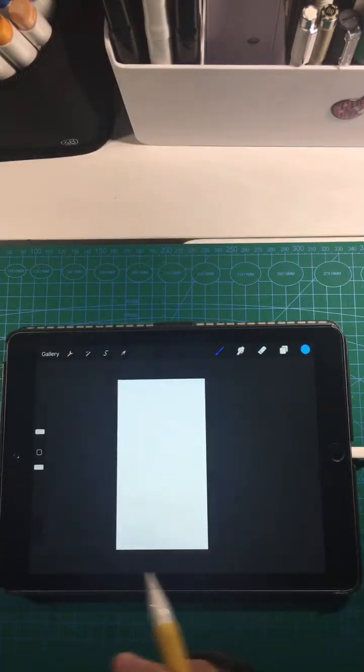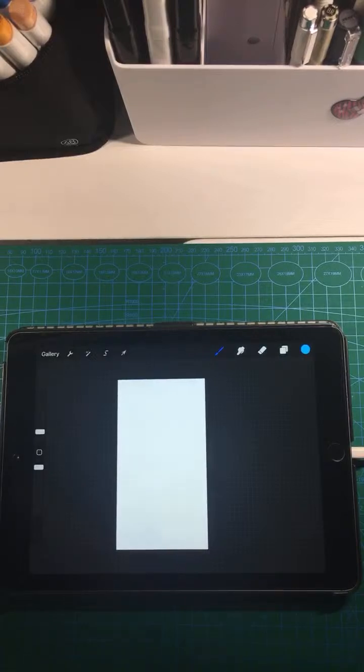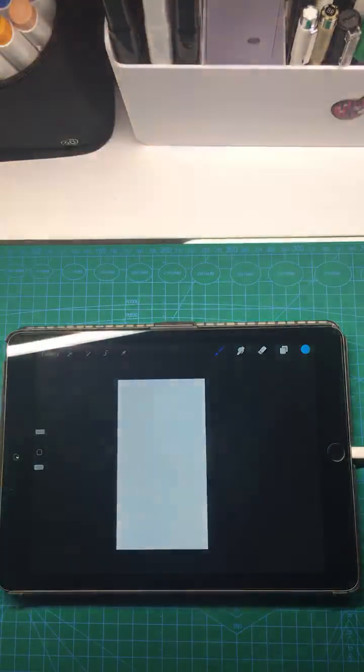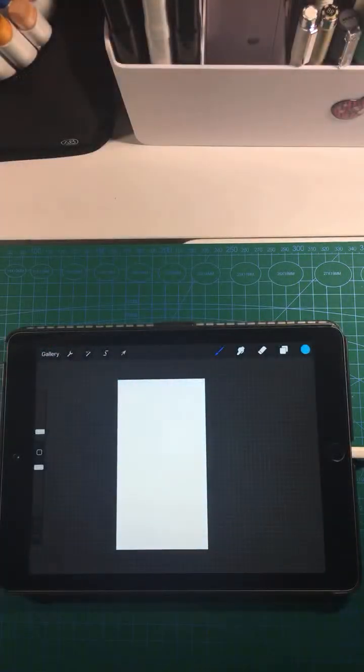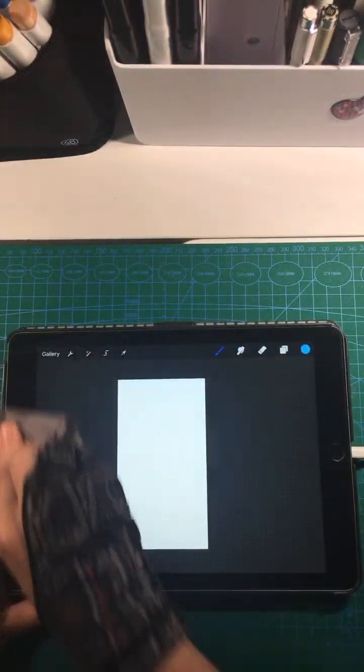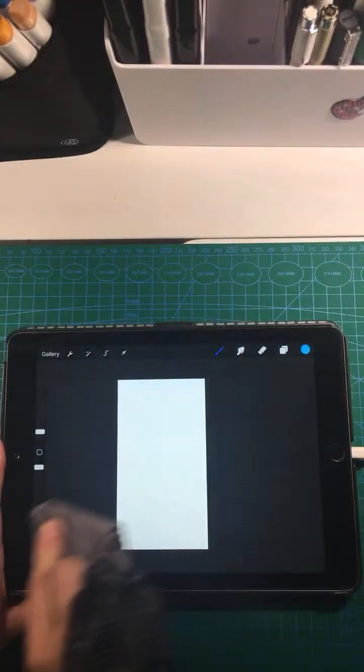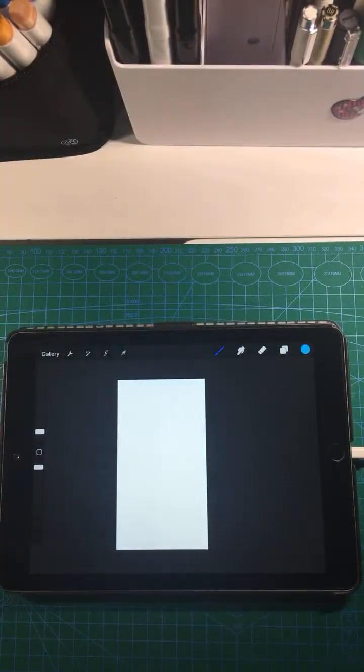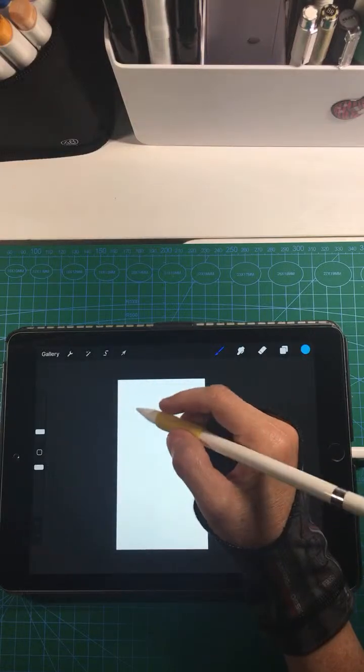Let's sketch. I moved the light some, because if I have this one on, you see how bright it is, so I can see from where I'm sitting, so I have to have one off and keep the other one on. It makes a big difference, because I was struggling with it. I said, I cannot draw like that. You have to have darkness for these tablets, that way you will see better. But let's sketch him,